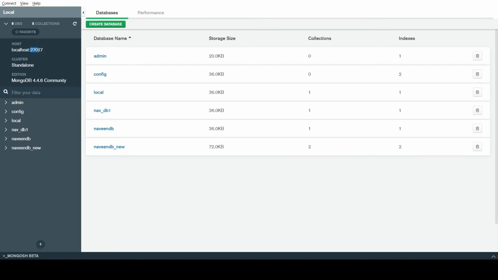This is nothing but a port number where your connection is established. If this port number is busy with some other connection, then you will be provided with some other port number, like 27016 or 27018, for this particular connection of your MongoDB with Python.